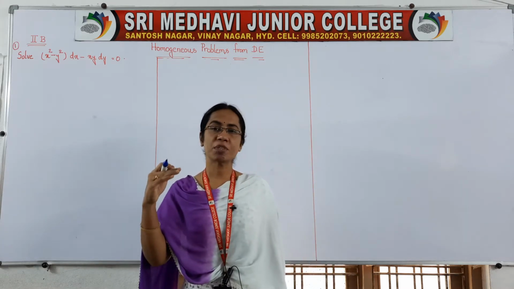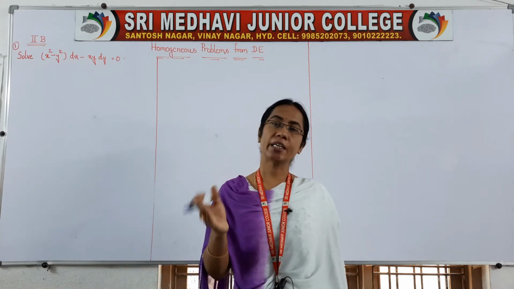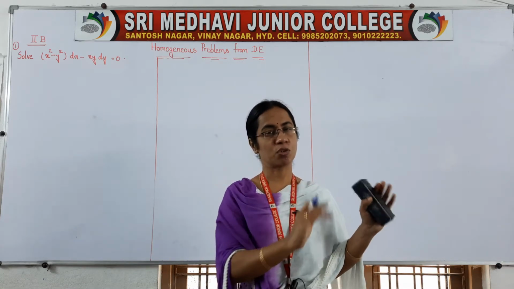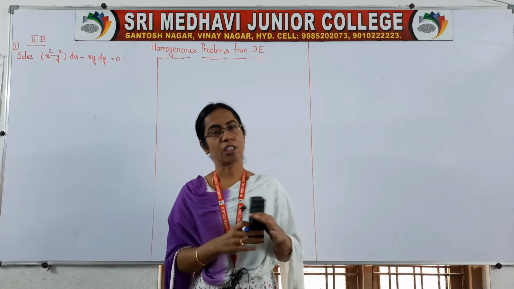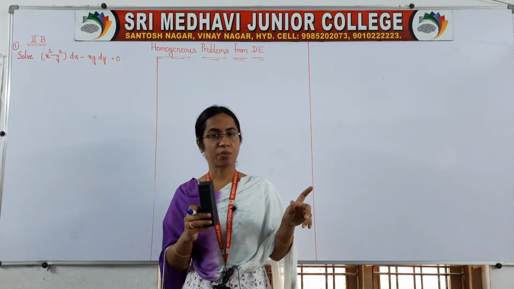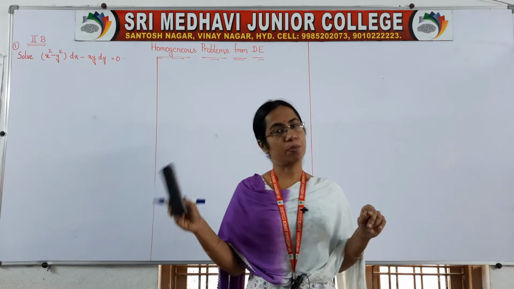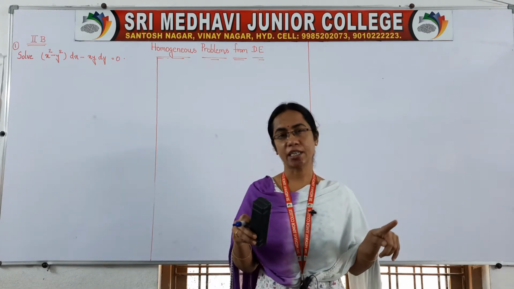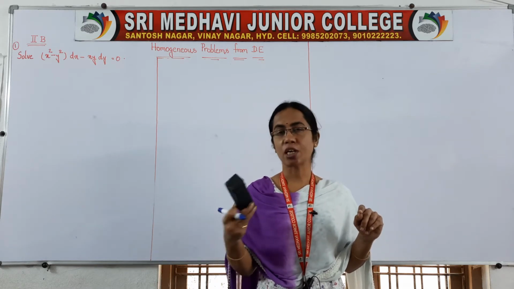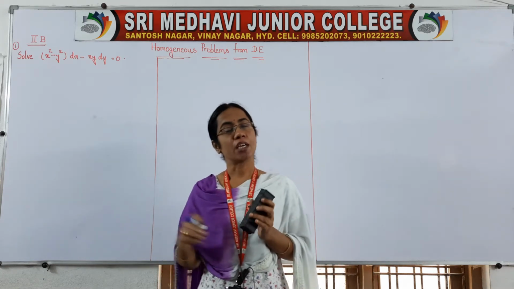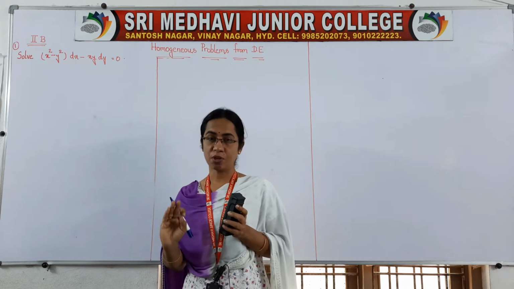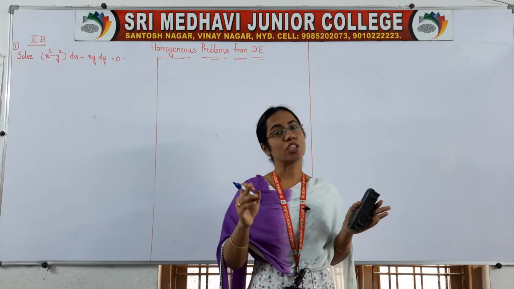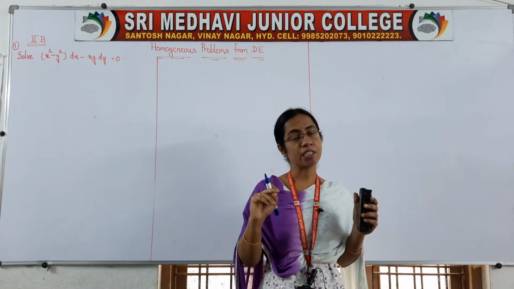Actually, the first form is the variable separable method. Directly, just by seeing the problem, you will know, yes, all x terms will come together, all y terms will come together, along with x terms dx will be there, along with y terms dy will be there. Like that we can decide. After separating we will take the integration for the two functions and we will solve that problem. But if it is not a variable separable form, we cannot separate the variables. In such cases you go for the homogeneous equation.